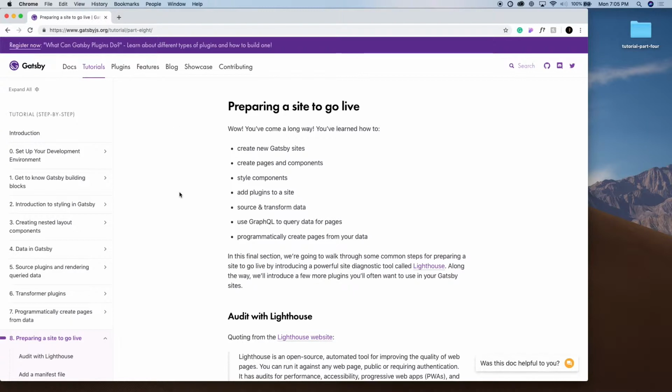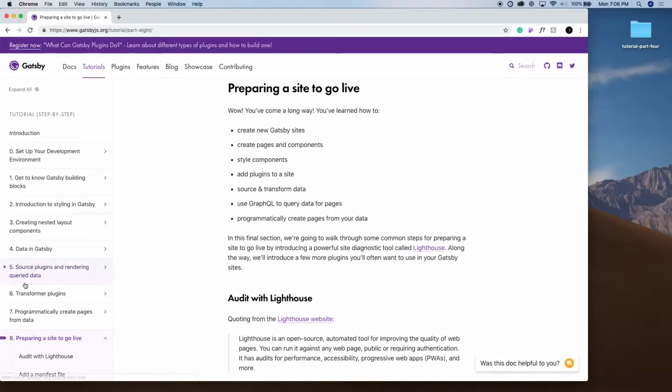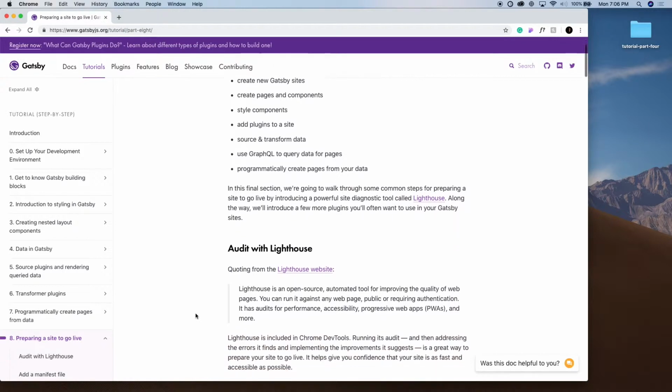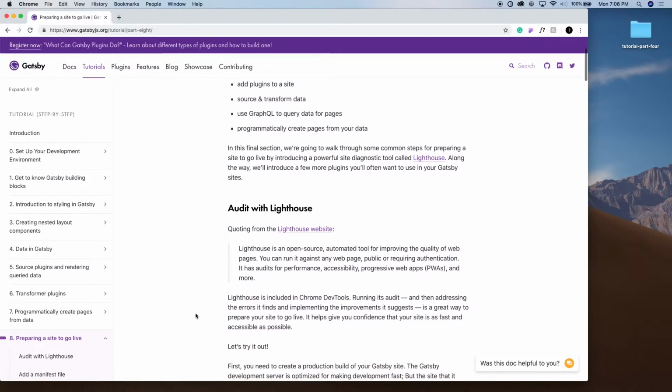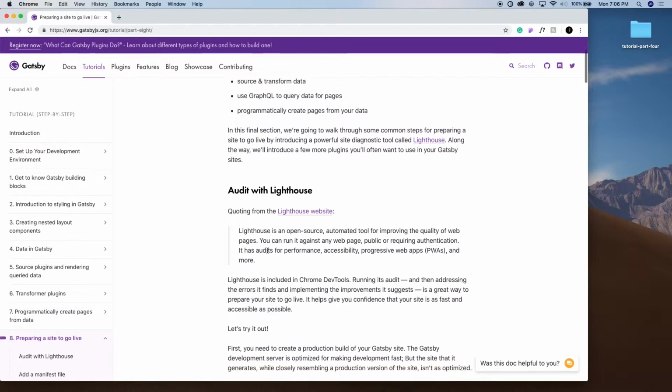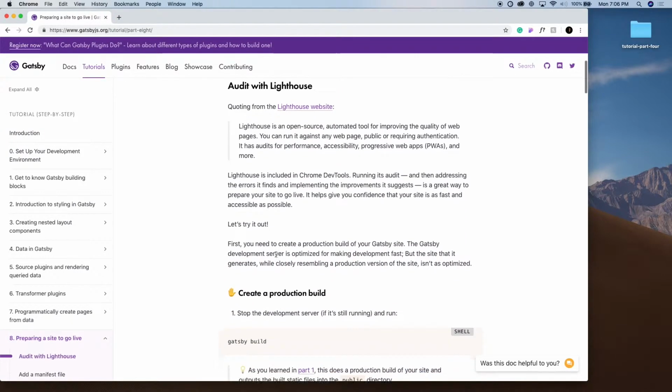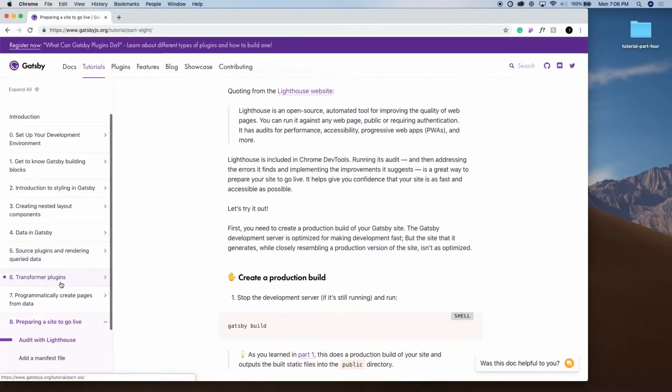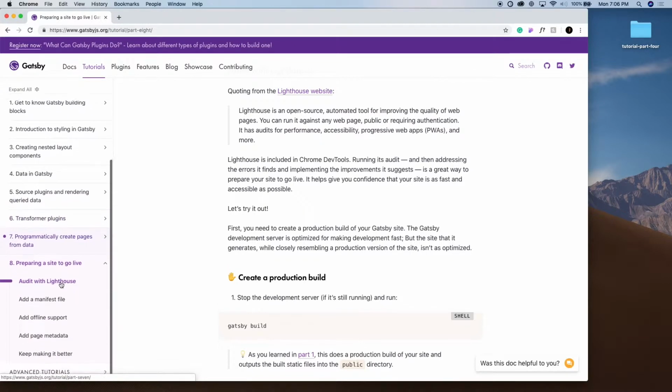So going through this, I just wanted to quickly show you guys what you have to do to basically prepare your site to go live and put it on a real server somewhere. If we look at everything here, it's going to show you some cool tools you can use and some things you can do. So if you have Chrome, you can audit with Lighthouse. This will just walk you through exactly how to do it. And all we really want to look at is